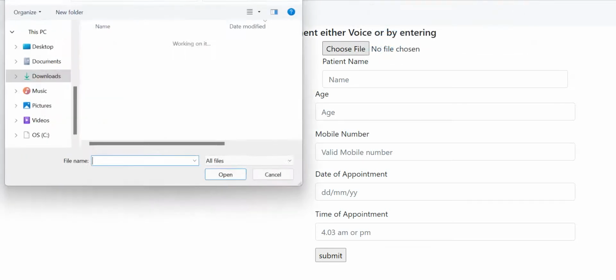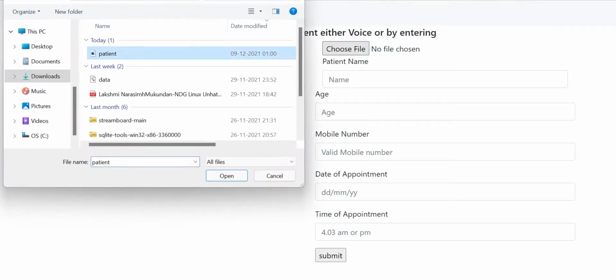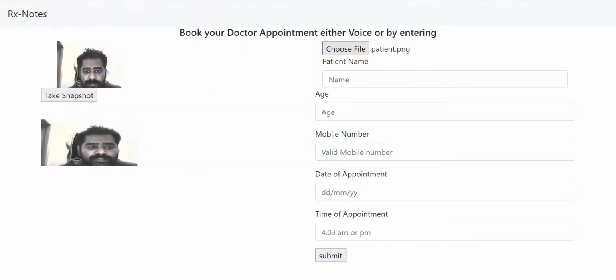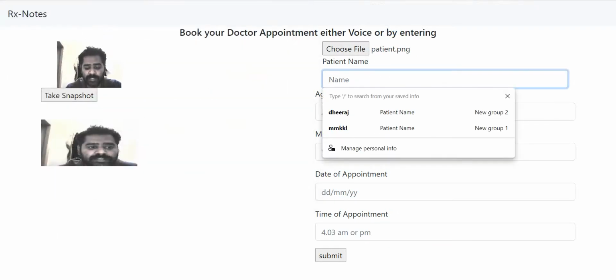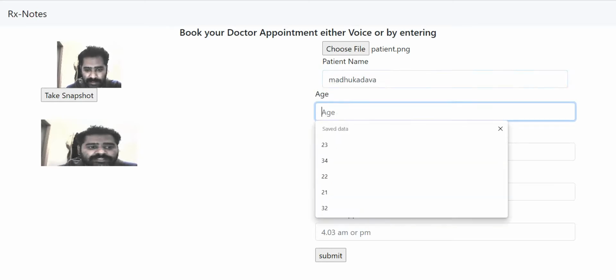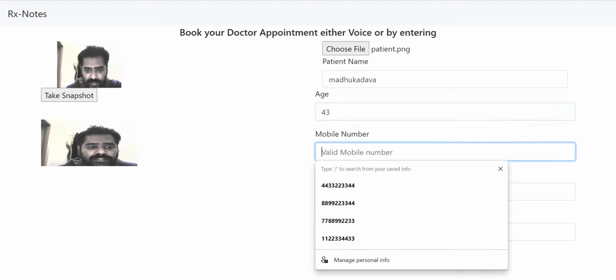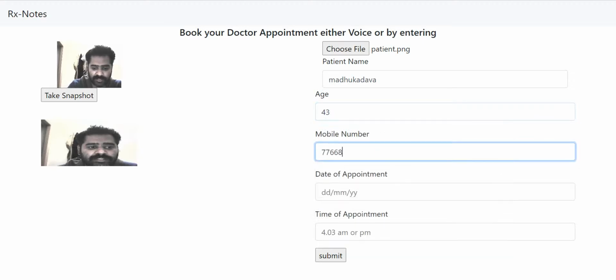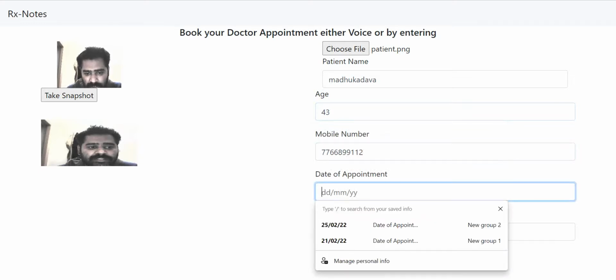Now what you do is you choose a file, choose the file patient, open it, write some random name, Madhukai Dava, something, just random stuff. Then an age, 43, and a mobile number, 776689911 something, a 10 digit number. Mostly it is taken in a text field because I don't want to complicate it since it is a proof of concept.